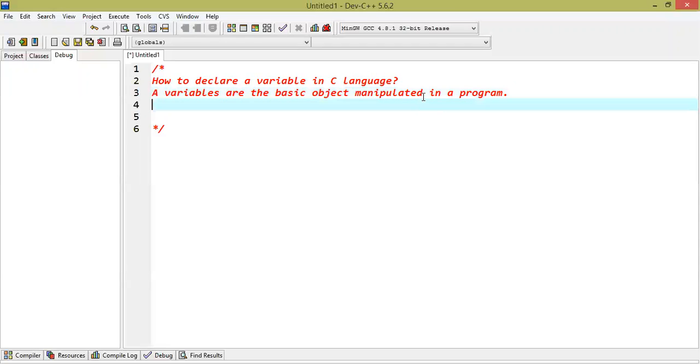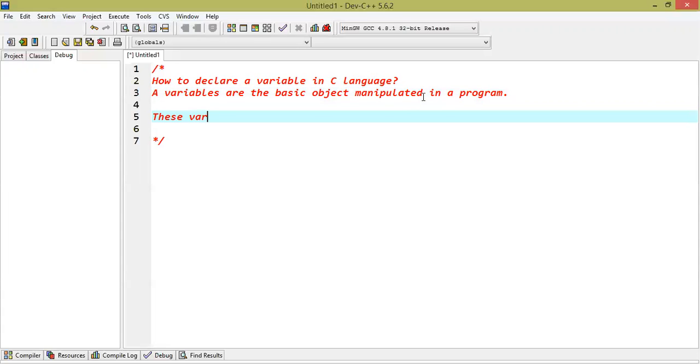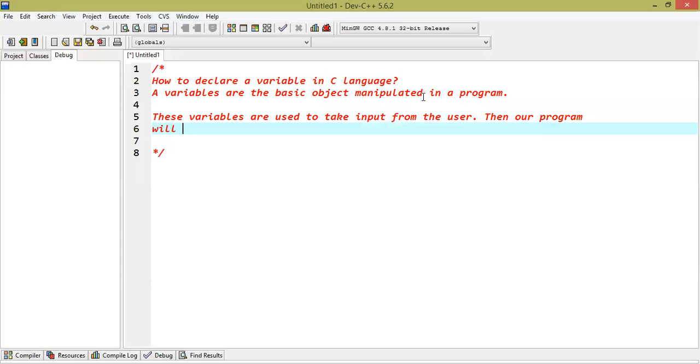These variables are used to take input from the user, then our program will manipulate them, or we can say process them, to produce a desired output.